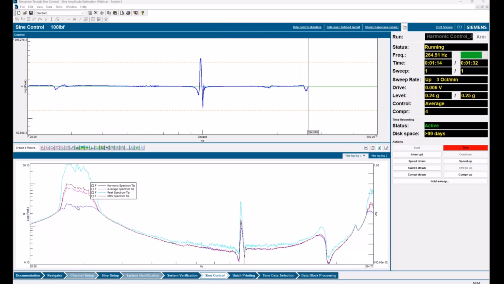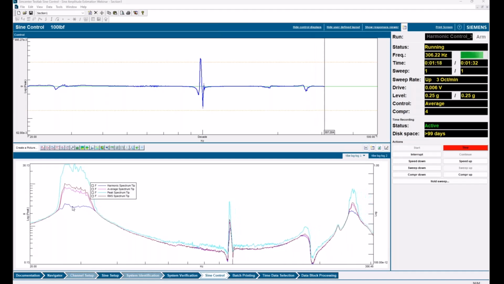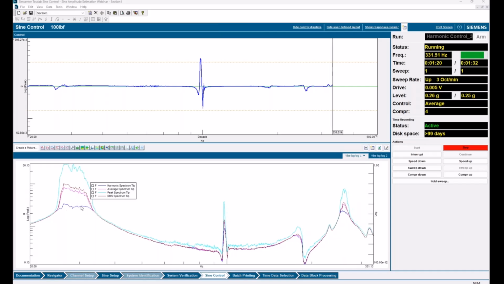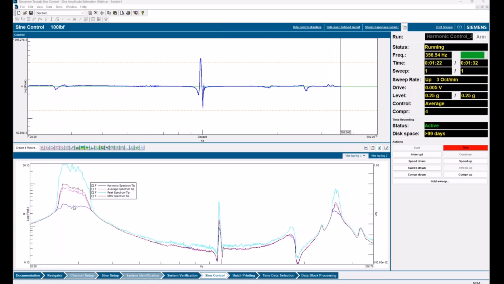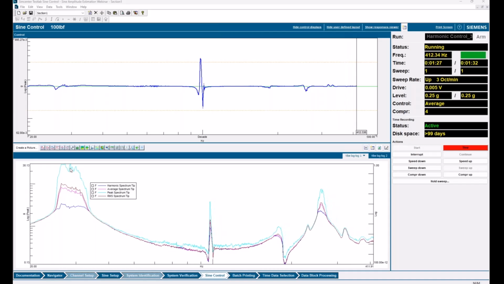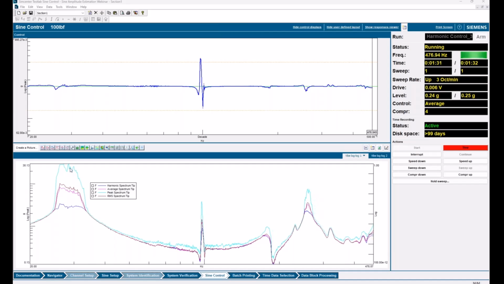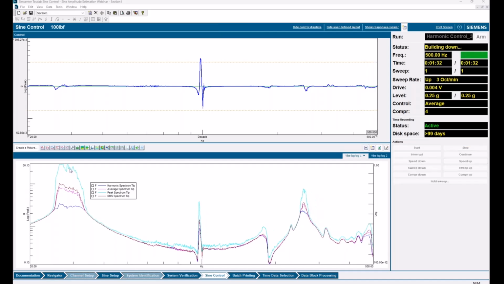In the tip response, this harmonic estimator is always going to give us the lowest value, then average, then RMS, then peak. Peak is always the maximum value.